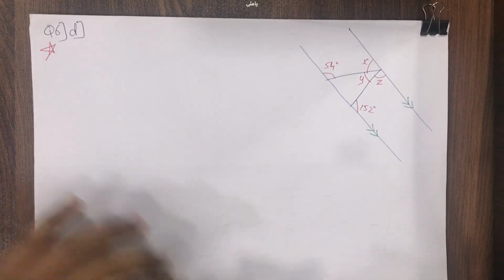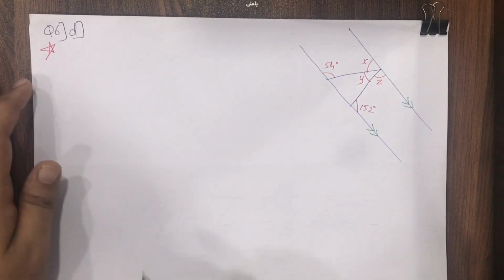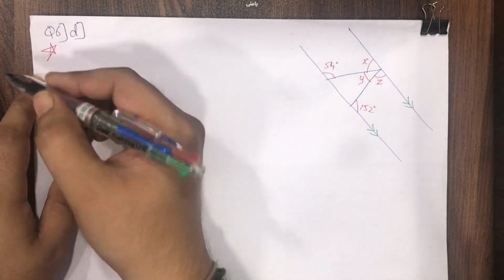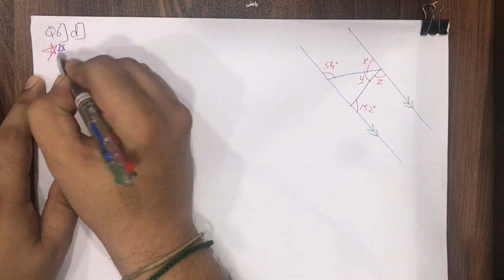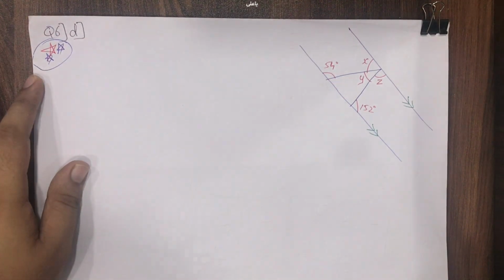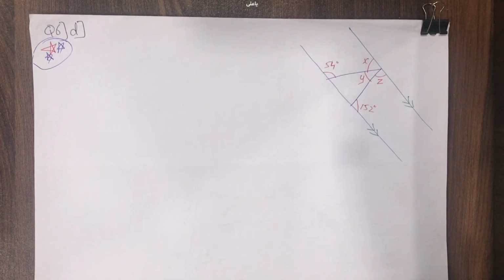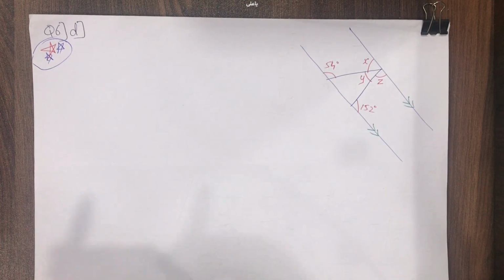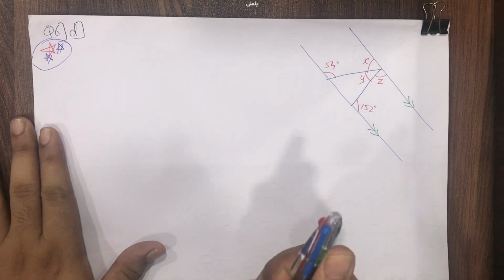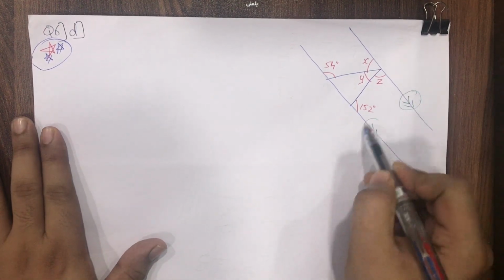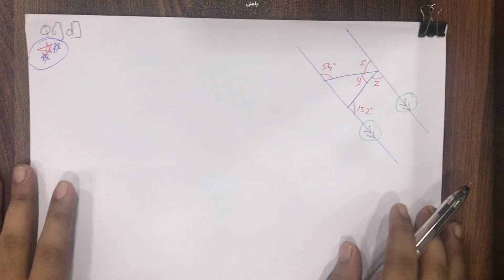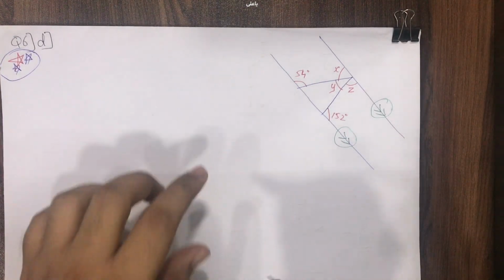Okay, students, now the second question for this video lecture, it's sub question D. It's very important. Pay attention please, all of you on the screen. Nothing new concept, we have already done. Now once again, let me repeat very quickly that this 2 arrows and this 2 arrows means these 2 lines are parallel to each other. There are no names given over here. We need to write the names.